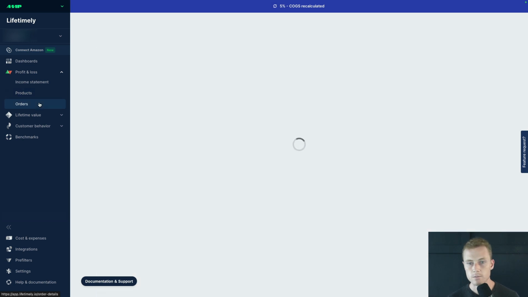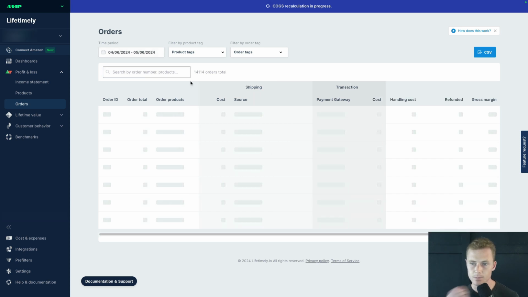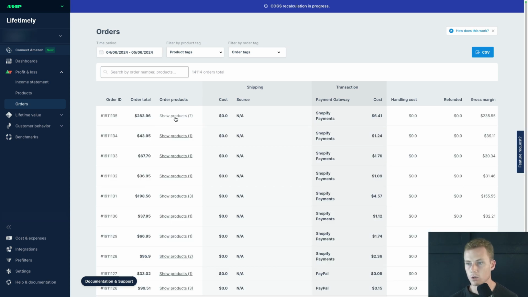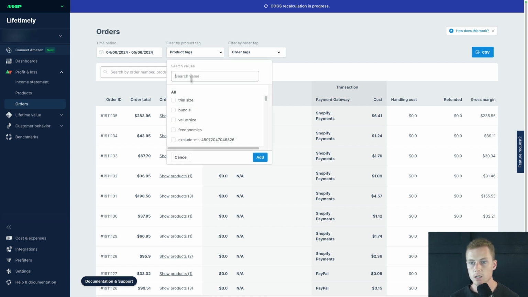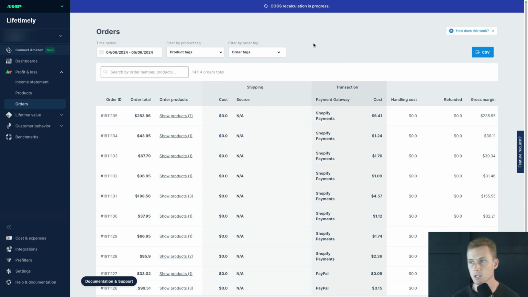Next is orders. So within orders, we can see here each individual order, what the order total was, what products were ordered, and what the gross margin on that order was. And we can filter by certain product tags or filter by certain order tags as well. I don't spend too much time in the orders here. I find the products to be a lot more useful in terms of the analysis that I like to run